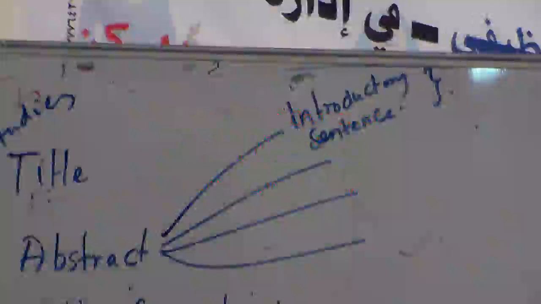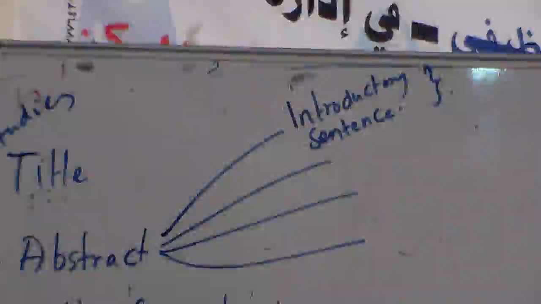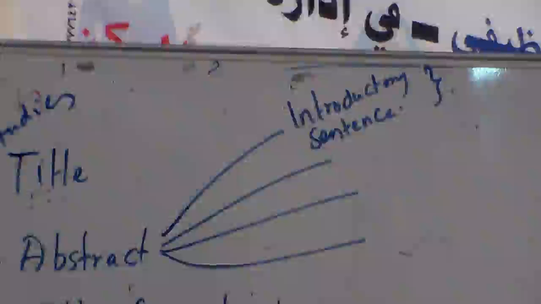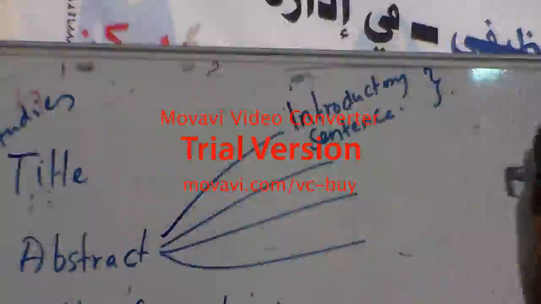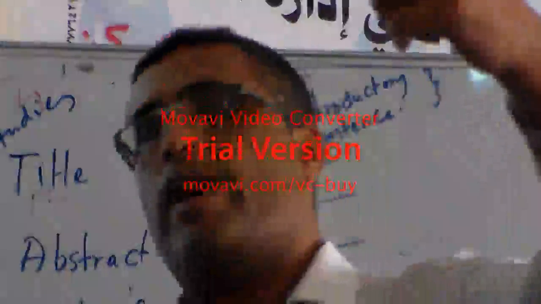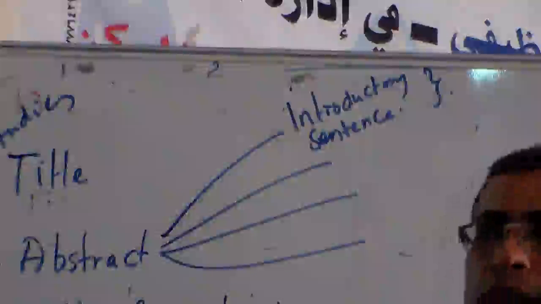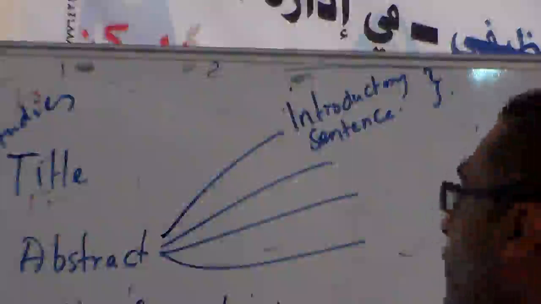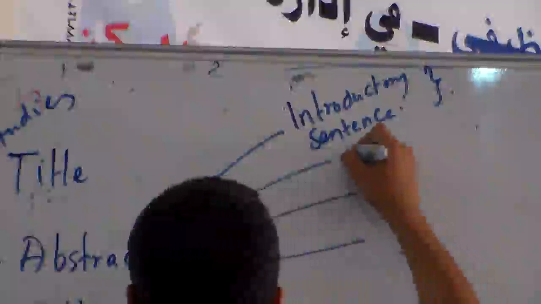This sentence should be one line or 1.5 lines, or maybe 2 lines, about e-government or about using technology in education. Okay? This is the introductory sentence. Why? Because I want to give the reader an idea about my research, what I'm doing, which area I'm doing. Okay? After the introductory sentence, I write one sentence,